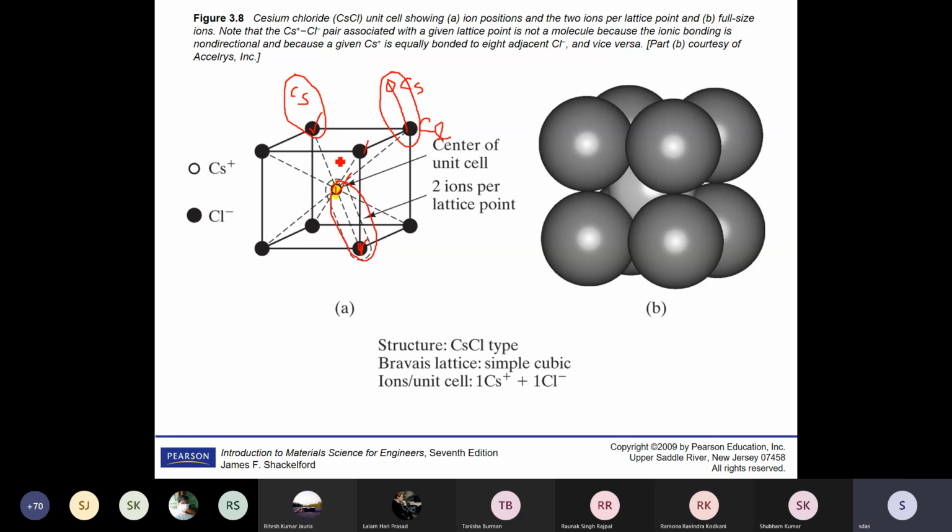So a pair of ions, cesium and chlorine, is assigned with respect to these corner positions. So the crystal structure will be, a Bravais lattice will be, anybody? Simple cubic. So Bravais lattice is simple cubic,